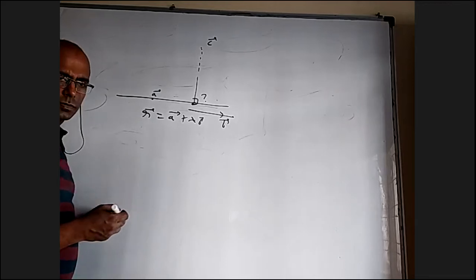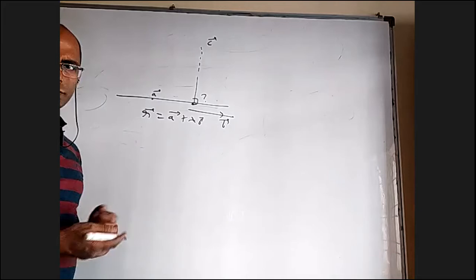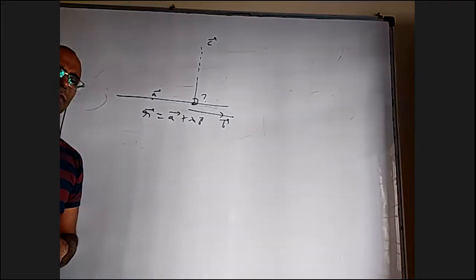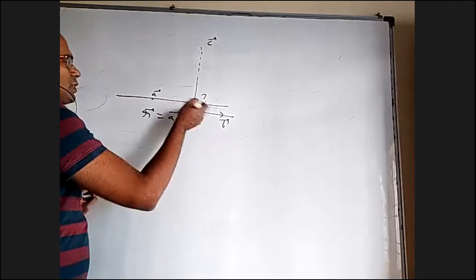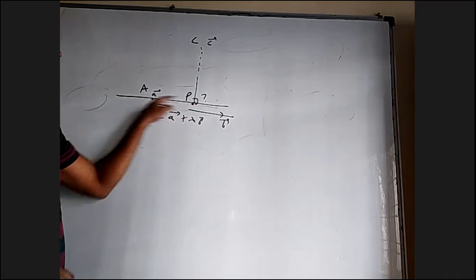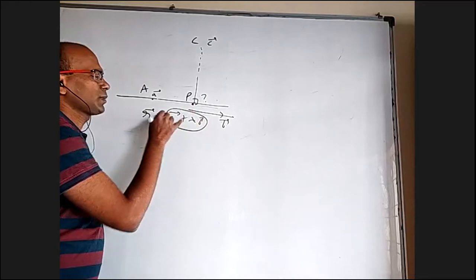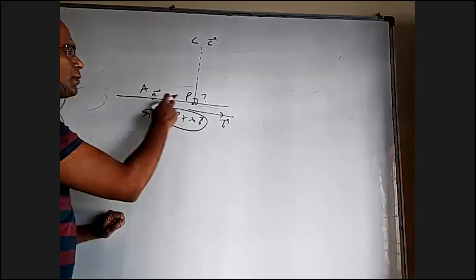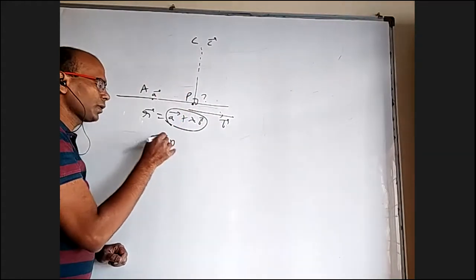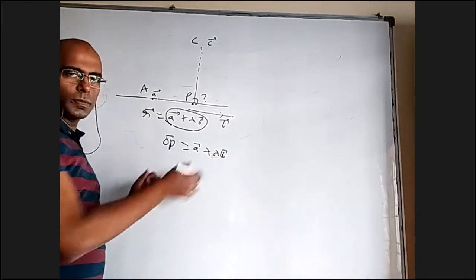Sir, for the line we can take a plus mu b bar, no, sir? Yeah, you can take. And after that BC bar dot AB bar equal to 0 we can do. Yeah, if this point is called some P, this is C and this is A, P can be anywhere on this line, but we want such a point that the distance is perpendicular, that's called the foot. And you don't have to take mu, A plus lambda B itself is a variable point on this. As you change lambda, you'll get the position vector of different points. So why not take OP bar as A bar plus lambda B bar itself? For some lambda, OP bar will be in this form.